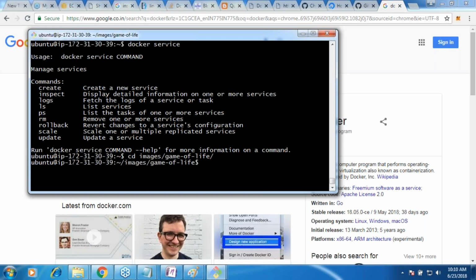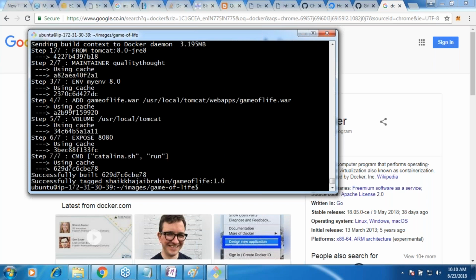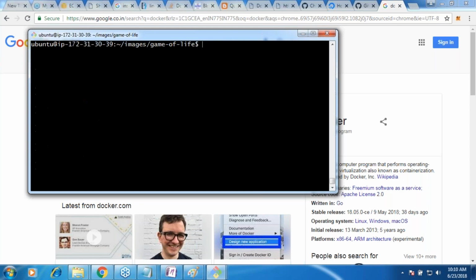Now whenever you build an image, you should build an image which looks like this: docker build -t, your username of your Docker Hub. In your companies, you might be using your organizational name, slash game of life, colon 1.0. Done. All right, and after that, docker push